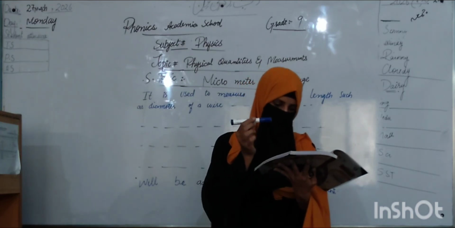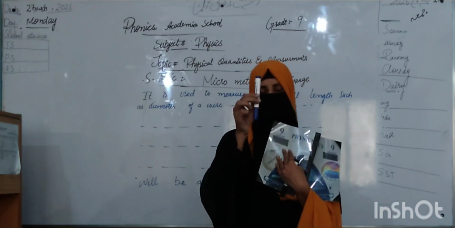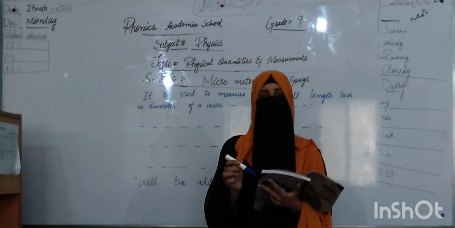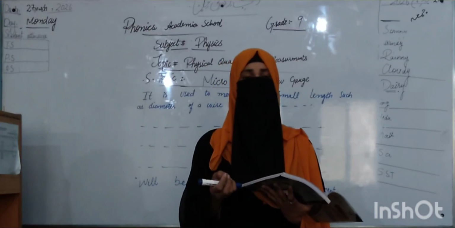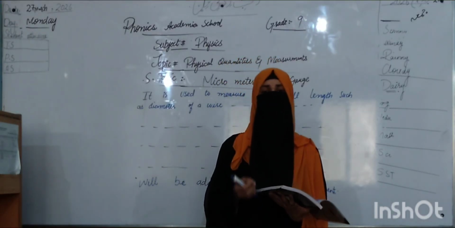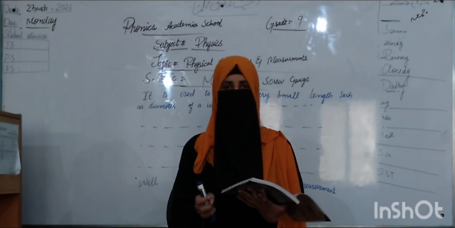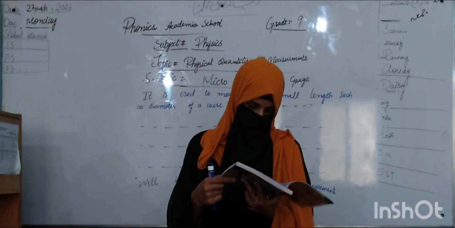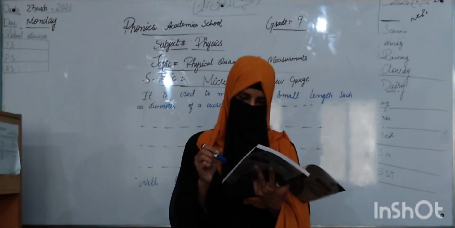It means the reading taken is more than the actual measurement. So when you find the actual measurement of the object, you subtract the zero error. When the zero of the circular scale is above the horizontal line,